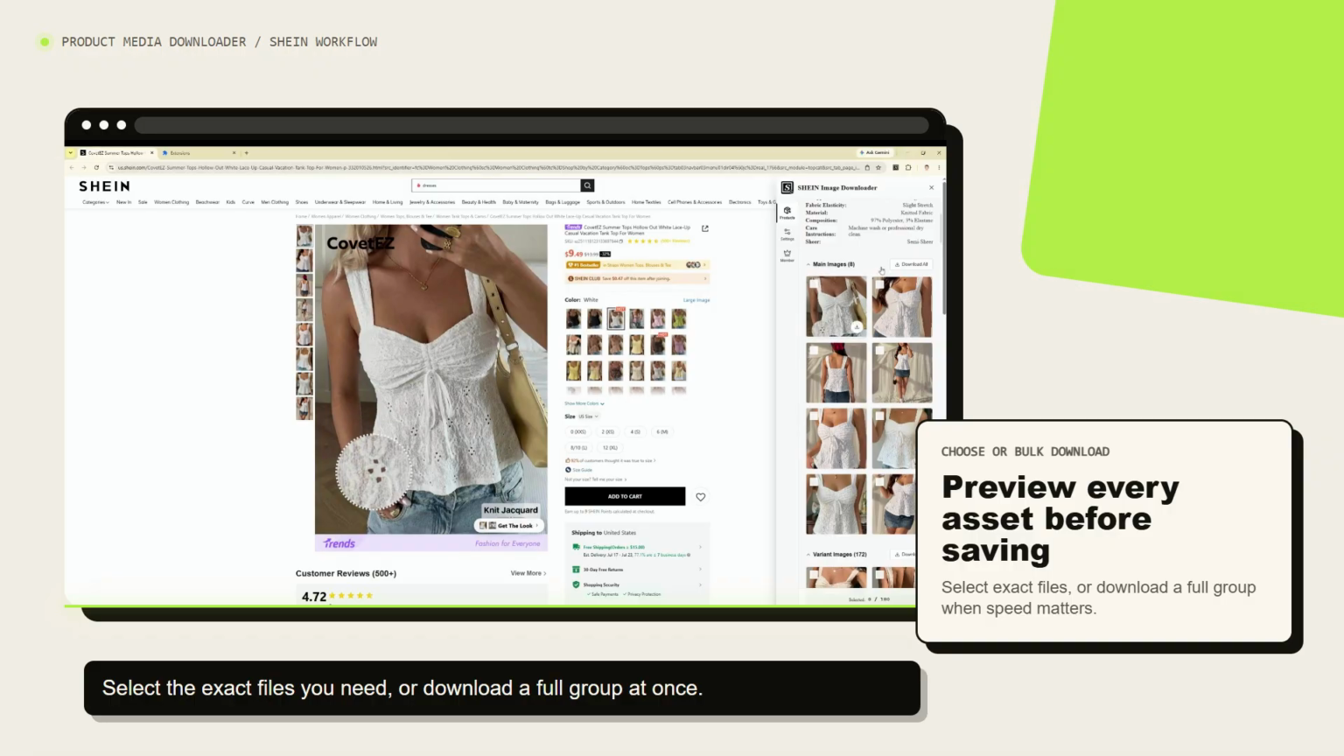Premium mode unlocks high-quality watermark-free images, variant coverage, video support, and zip downloads, so your workflow stays organized from research